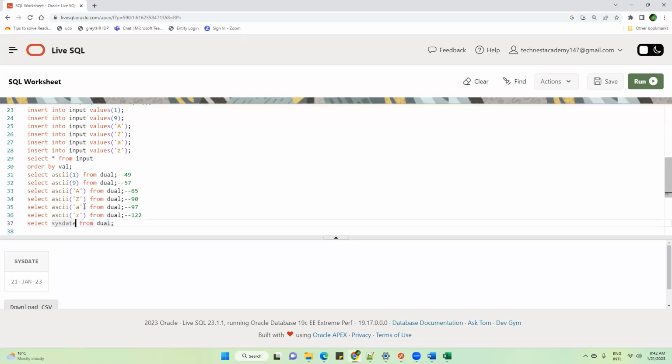Similarly, you can perform calculations. Suppose I want to find 234 times 789, it will give you the value. So dual is a dummy table where you can perform some calculations. This is very useful. I will show you the benefit of this, especially when you're working on a finance project and you have to do a lot of calculations.